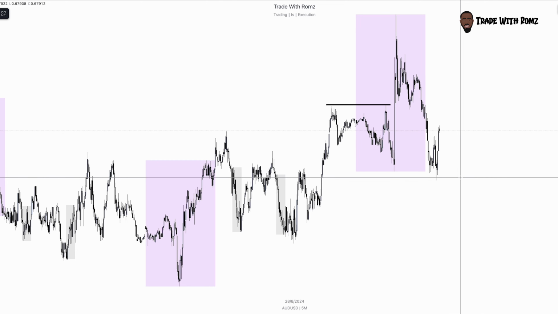You can't just try and trade every single inducement or every single aggressive move or every single set of vector candles. That's not how it works. You just understand what price is doing. What are the intentions of price? And that's a mistake I made for a long time, thinking that I had to trade every single inducement high and low. And a lot of them can be done, but it does take a certain level of skill to be able to do that, and it takes time to get there. But the best trades are when you understand the bigger picture story.